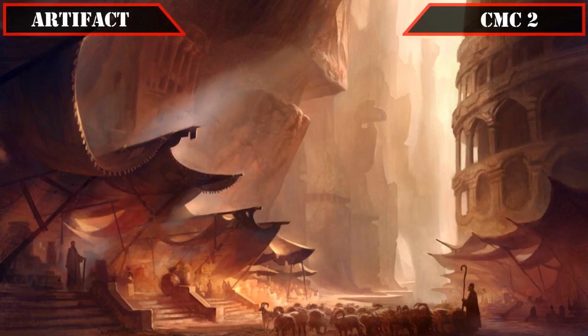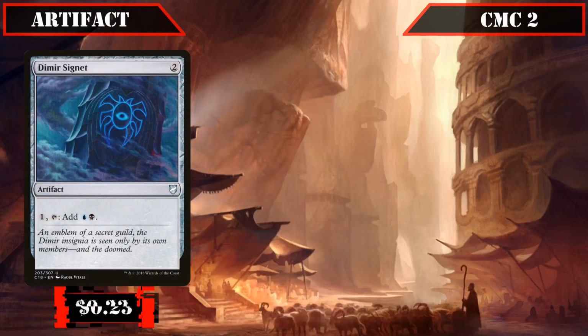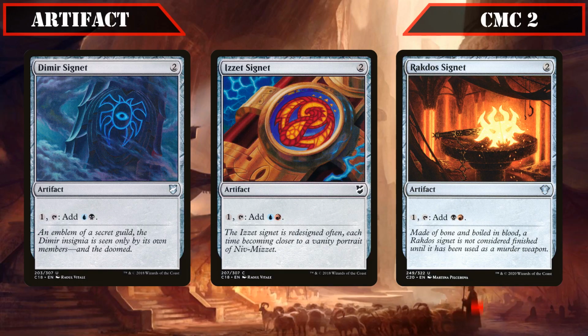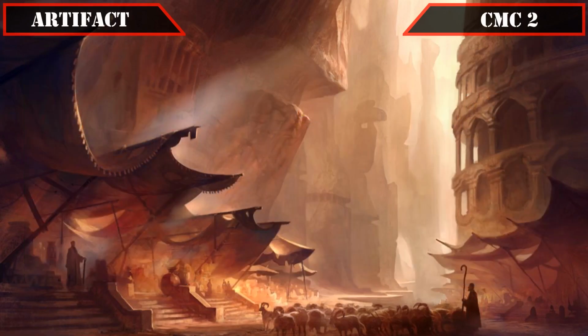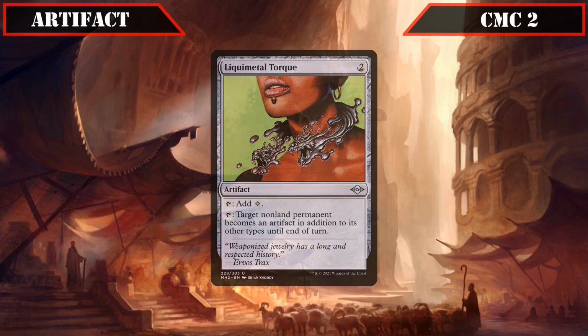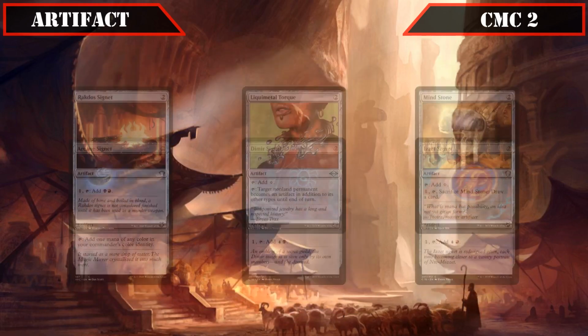It's then on to the CMC2 slot and our Mana Rock collection, starting off with Arcane Signet, which taps for any color in our commander's color identity, Demir's Signet, Izzet's Signet, and Rakdos Signet, which we can pay 1 and tap to generate a combination of 2 of our colors, Liquimetal Torque, which taps for a colorless or we can tap to turn target non-land permanent into an artifact until end of turn, and Mind Stone, which taps for a colorless and we can pay 1, tap it and sack it to draw a card,